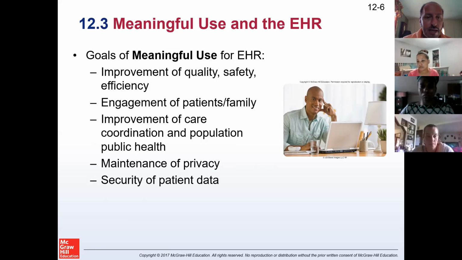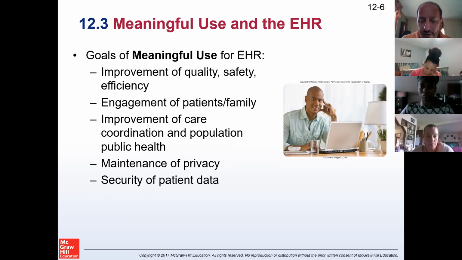So their system has to be able to read it, because some places might have Cerner and other places might have Epic or another electronic health record. You had to prove that you had some kind of privacy maintenance and that you're able to secure your patient data. But this was really what meaningful use was about. I will say, it has done well. It was a lot of money that was put into the healthcare industry. You might not have noticed it, but it did happen over time all around us, because you realize it today when